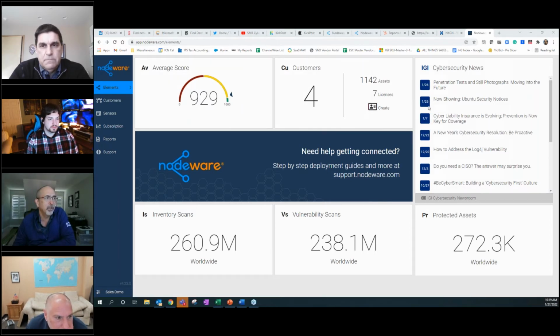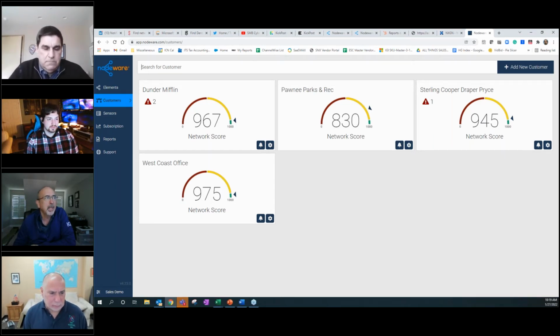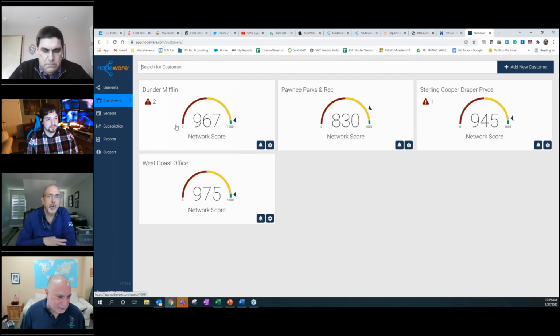So at this initial perspective, this is again an MSP. I can see all my customers that are on there, and you can see their individual scoring. Each system, each entity gets a scoring based on the vulnerability scans that we do. At this point, you can see there's 4 customers, and we can look at this one, and there's some alerts on here. Again, this data is gathered via sensors that are on the network or agents that are on individual endpoints. We don't need to get into that right now, but just so you know, this is real time and, as we talked about, continuous scanning during normal